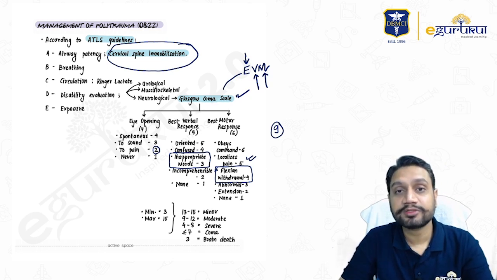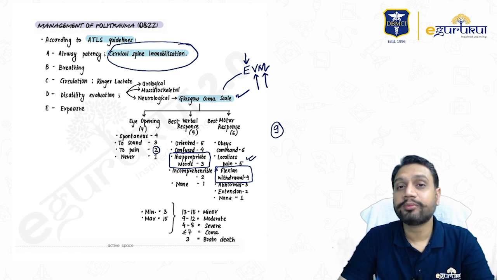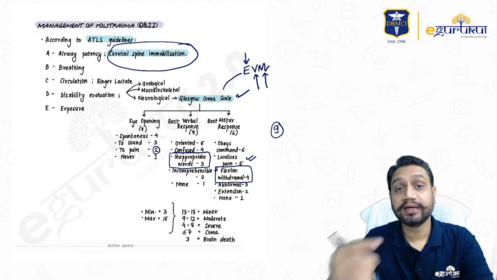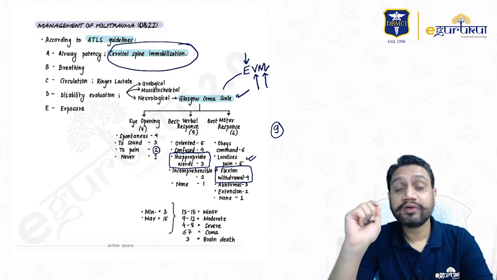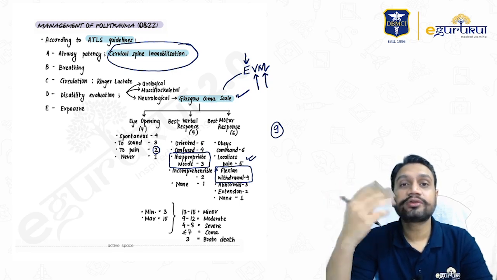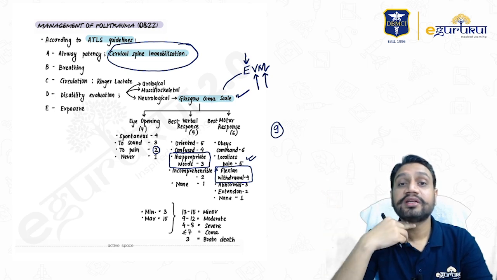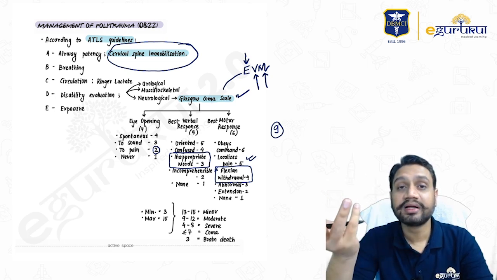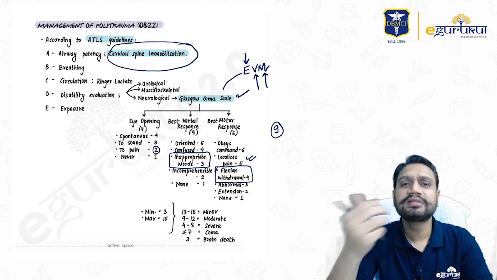As part of the management protocol of polytrauma, we clearly discuss that polytrauma should always be managed as per the ATLS protocols. What do they say? A, B, C, D, E. The A stands for airway, and remember, the patency of the airway has to be maintained. The easiest way to check the patency of the airway is to ask the patient to speak. If he can tell you his name, if the words are coming out, if the tone is there, it simply means the airway is okay.